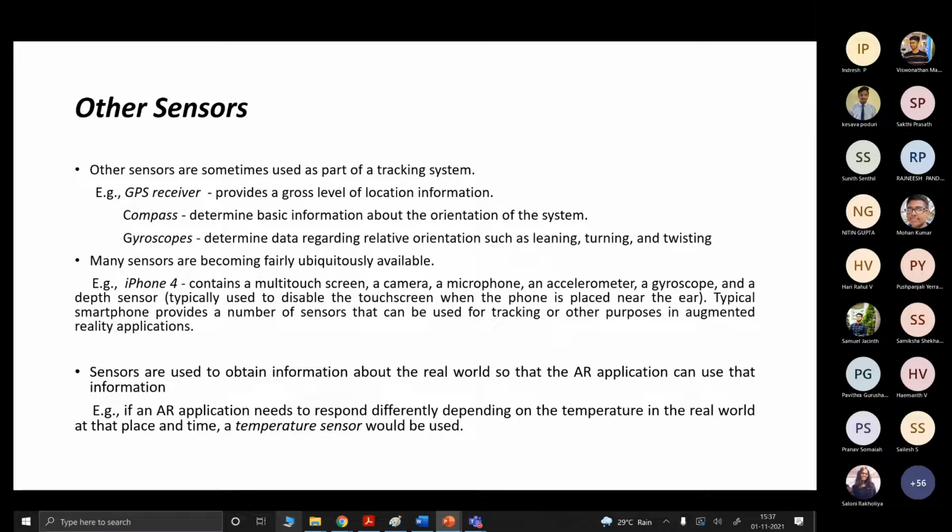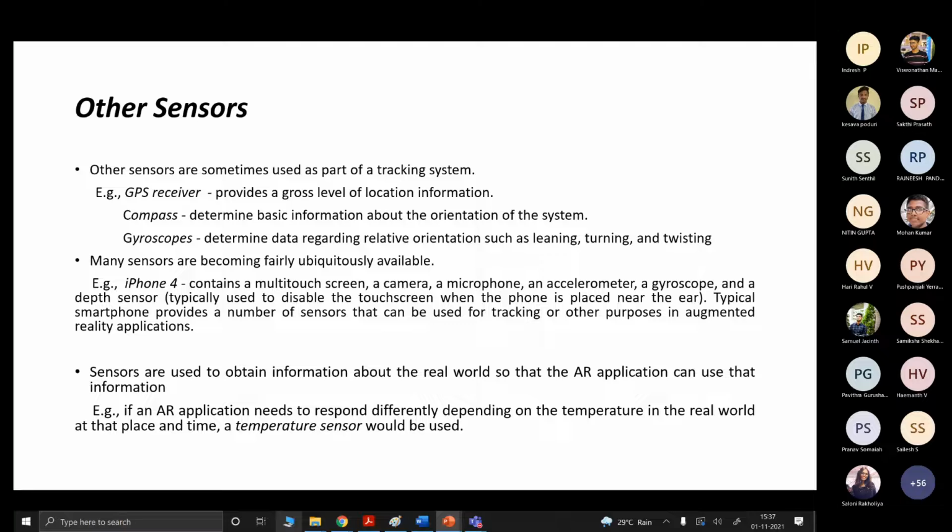So these are some examples of how sensors are used in smartphones. The sensors are mainly used to obtain information about the real world, and that information will be given to AR applications.